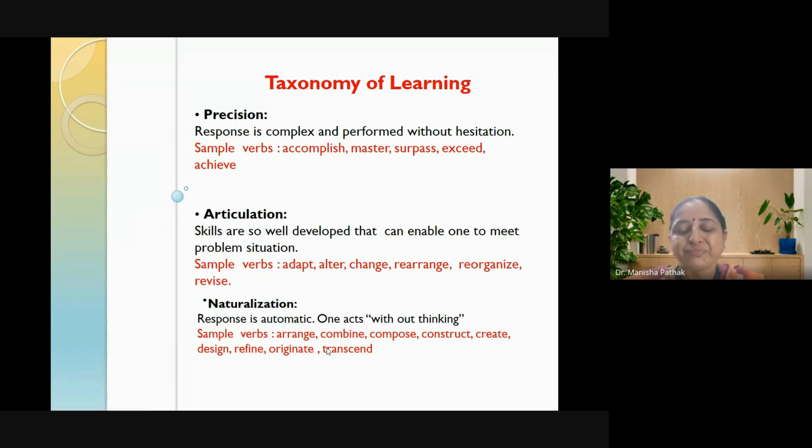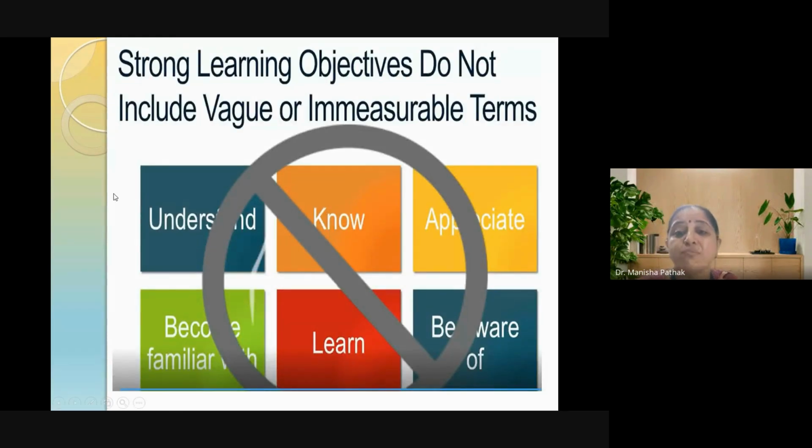That is the cognitive domain, the affective domain, and various levels in that, and the verbs therein. I would like to present before you some verbs which are called vague verbs or immeasurable verbs, right? Being educators, all our activities are confined to evaluating students, grading them, putting marks. So we should use verbs which can be quantified, which can be measured, right? If we use the verbs which I have now displayed on the screen,